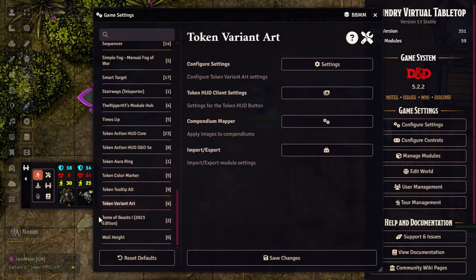There are 4 things in here. We're not going to go fine tooth comb through everything. We're going to very quickly graze over them, because what I usually use this for is my own tokens. You can actually have it so that if you have variant states of goblins, or if you have